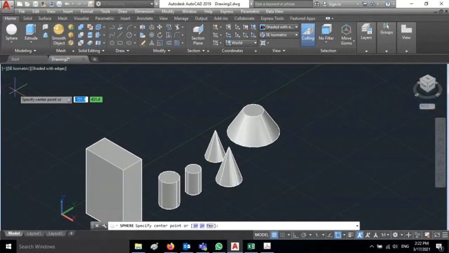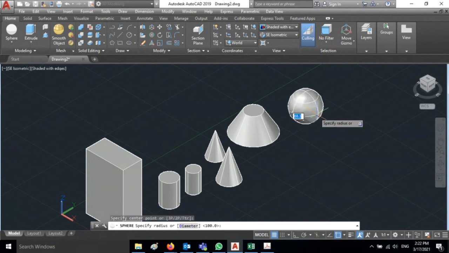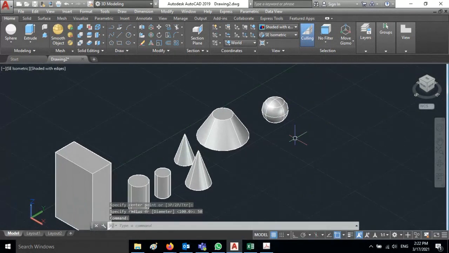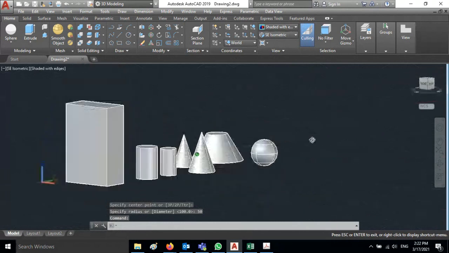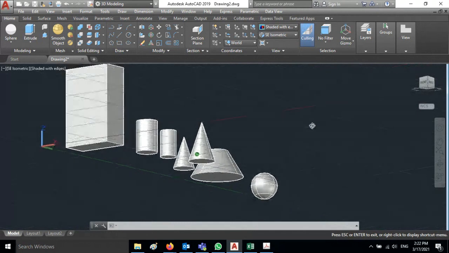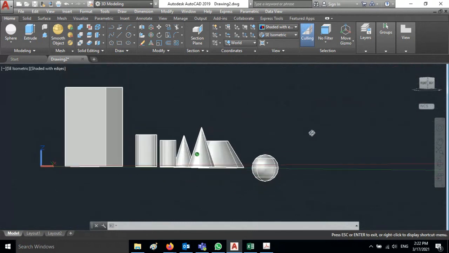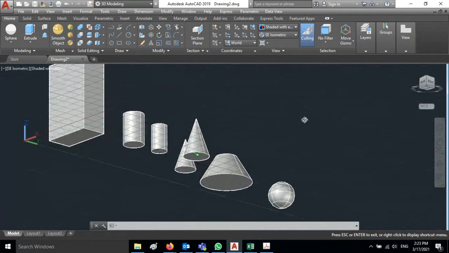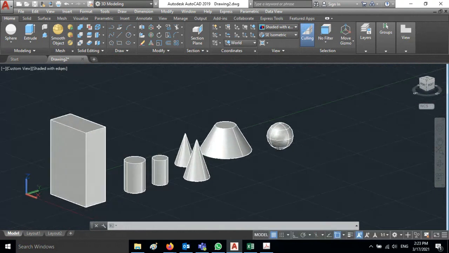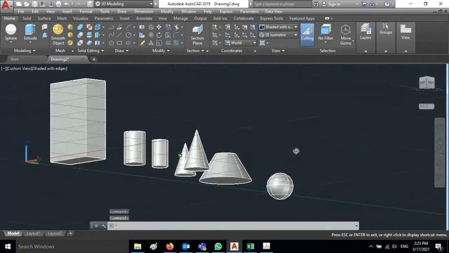How to use the sphere? Select sphere command, specify the center point and give the diameter or radius. The first one is a radius. I'm going to give the radius of 50, and it is created. But the difference is that if you turn this, you can see half of the sphere is created below the base point, below the base surface. Half is created the top surface, because the base point is in the same surface. Therefore, you can see the difference.